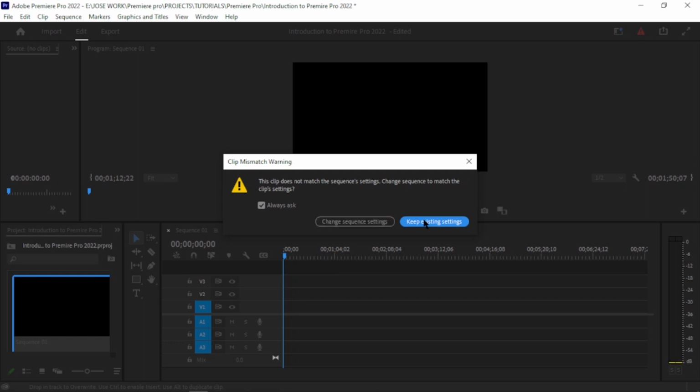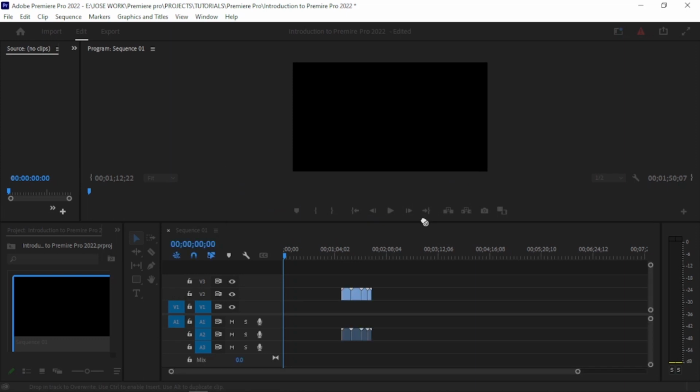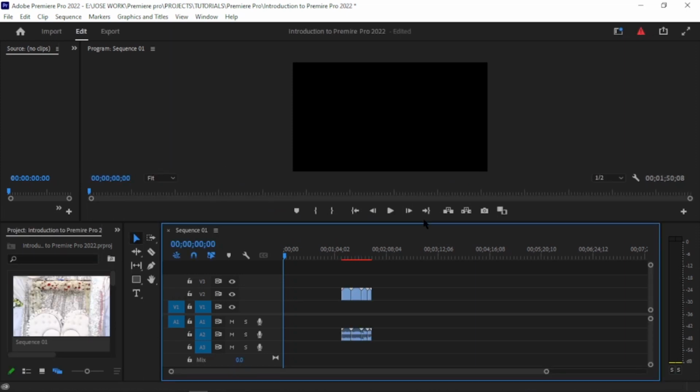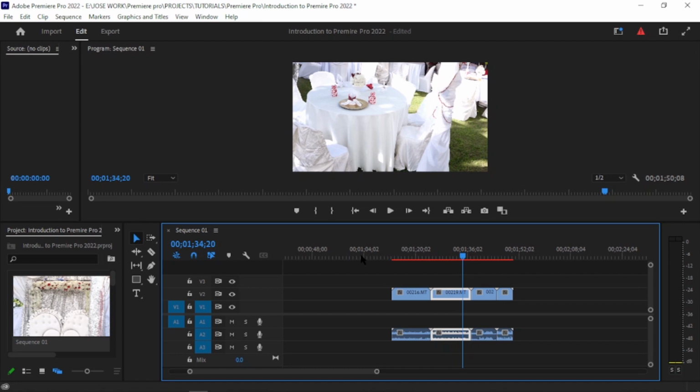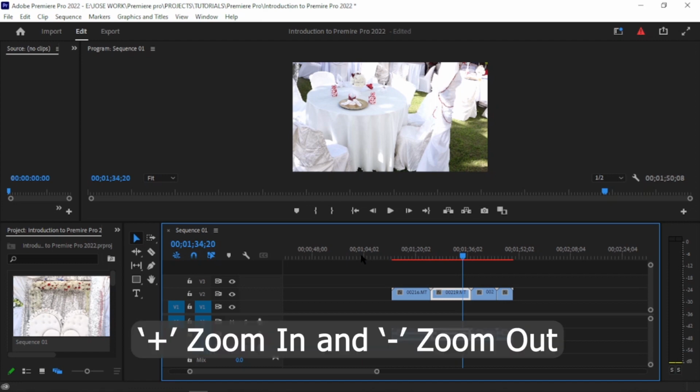I will say keep existing settings. It's because the sizes and frame rates I used to record these clips are different from the sequence timeline settings, but I want the sequence timeline settings, which means the videos will be resized to the sequence timeline. Now I'm going to zoom in on my timeline to see the videos very clearly by just pressing the plus,